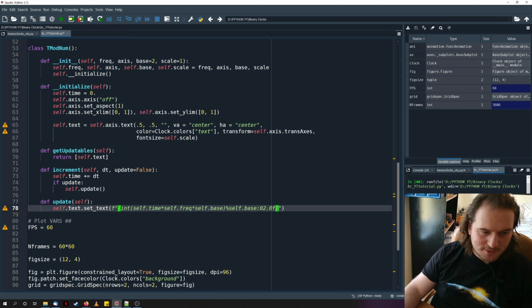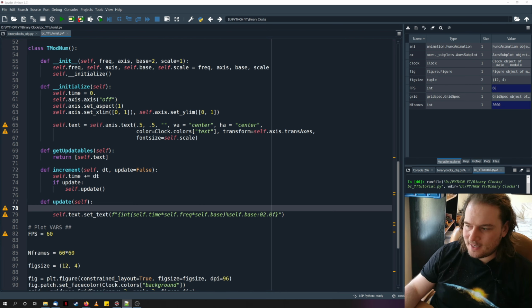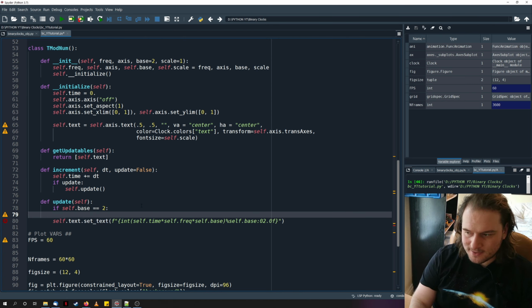Yeah, we'll format it so it has two figures, because when we have a 12-hour clock, that's what we want. But for a binary clock, we don't want that. So let's have a separate special case for the binary clock. So if it's a binary clock, so if the base is equal to 2,